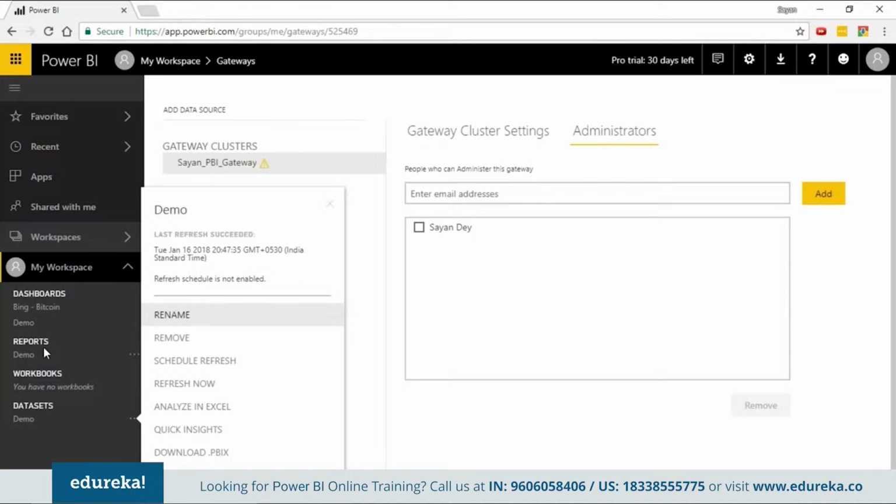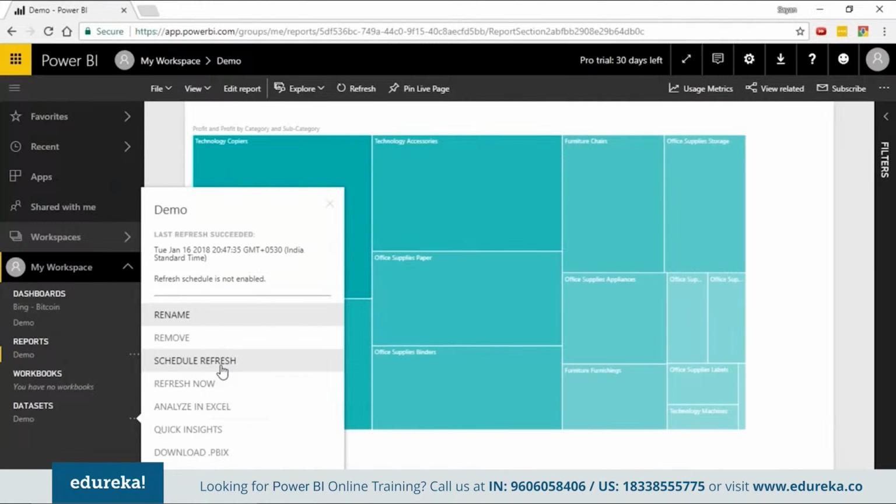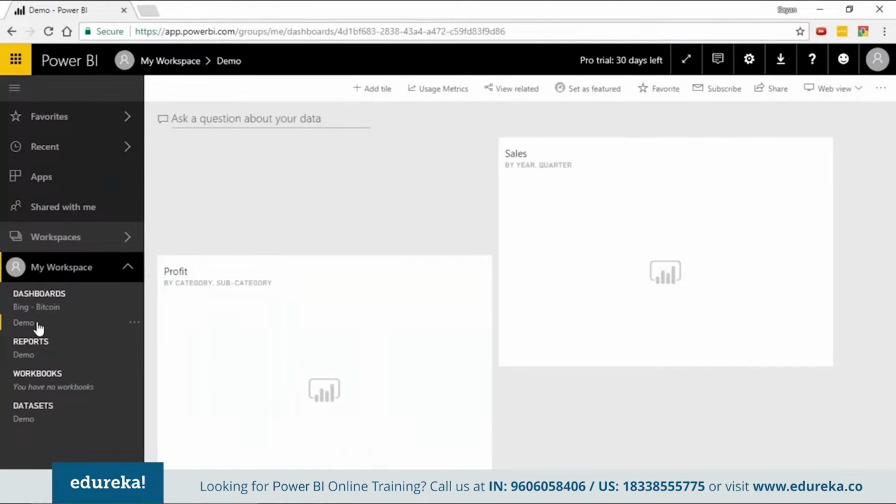Okay, this is basically what we call the model or data refresh. That is what you do using refresh now or schedule refresh. Then we have something called tile refresh, which is something that we can do on the different dashboards, and